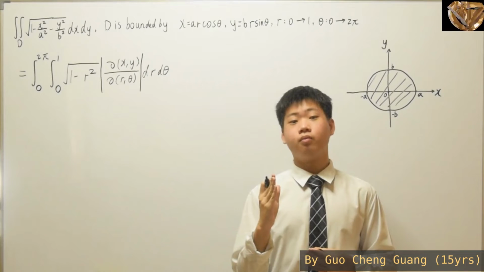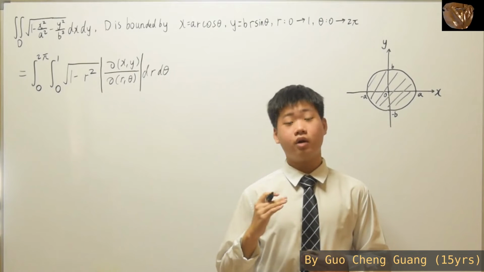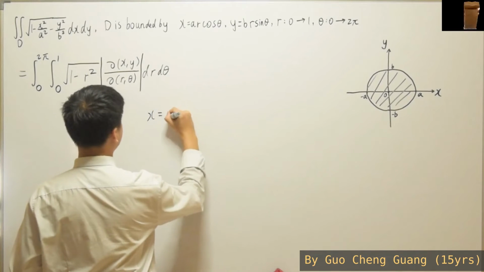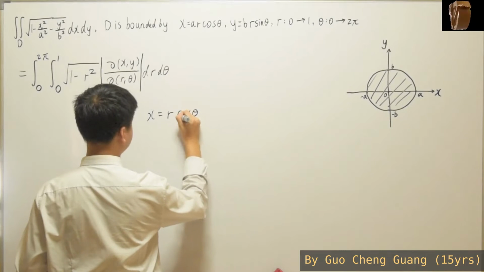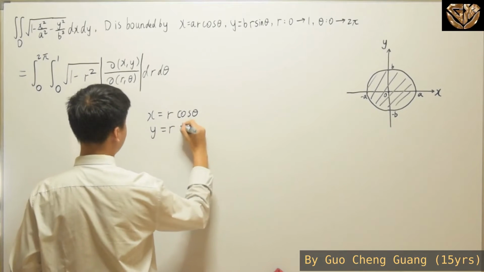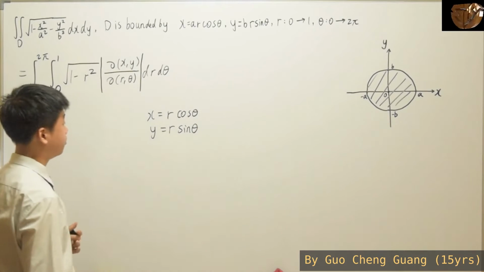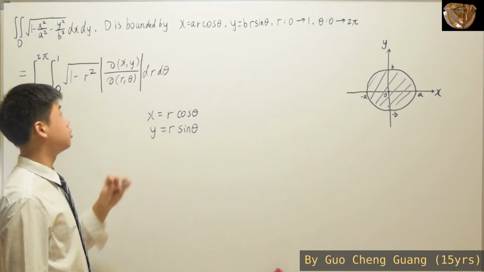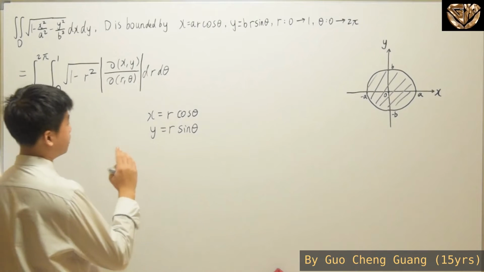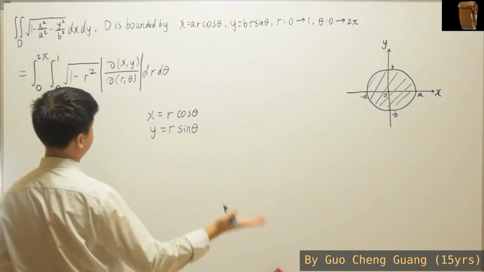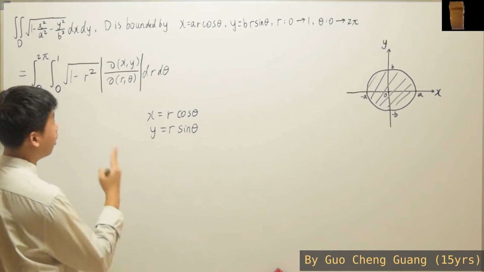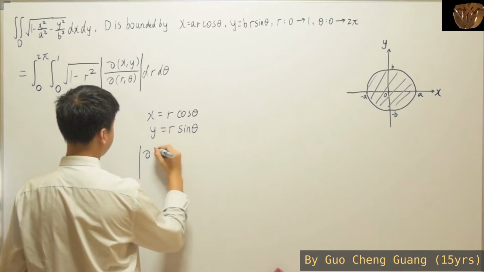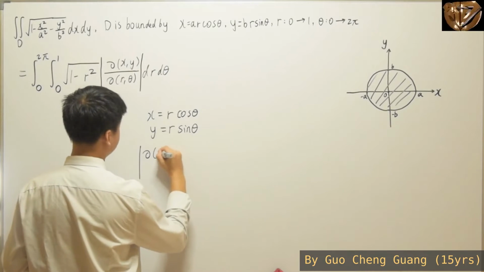How about we start from your simplest case, where you have your normal polar coordinates, conversion from x to r cosine theta, and y to r sine theta. Right, so how about we think about how we convert this into polar coordinates? You might already know dx dy is just r dr d theta, but how exactly do you get the r in front? So that is where you have this Jacobian determinant. So you have partial x, y, partial r, theta,